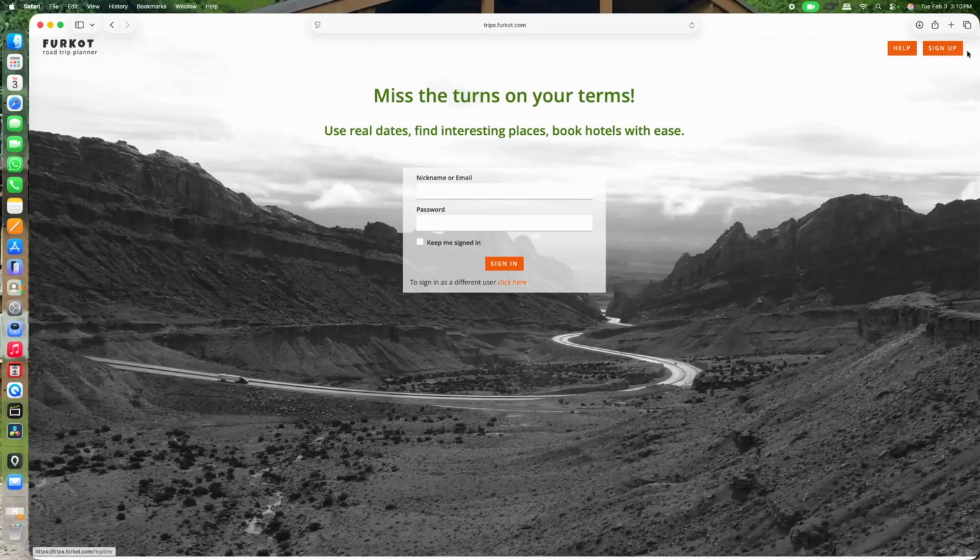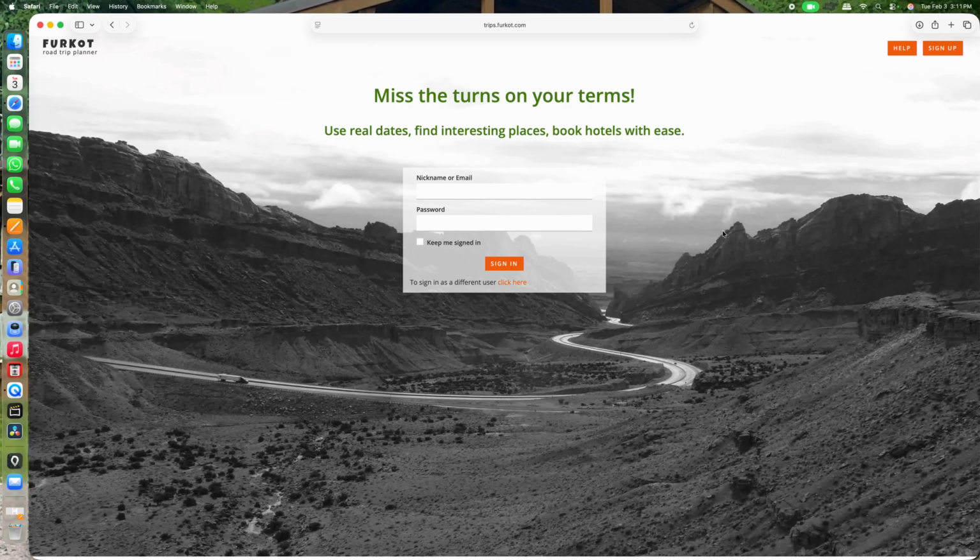Now, if you don't have a login already, you can use this button up in the top right-hand corner to sign up for Furkot. You can just use the free version of Furkot if you wish. There is a paid version that gives you a few more features. And honestly, it's next to nothing. I think right now it's $14 a year, about 3 cents a day or something like that, to get those extra features. I use the paid version, so there may be a few things in here that you might not find on the free version. So I'm going to log into Furkot and then come right back on.